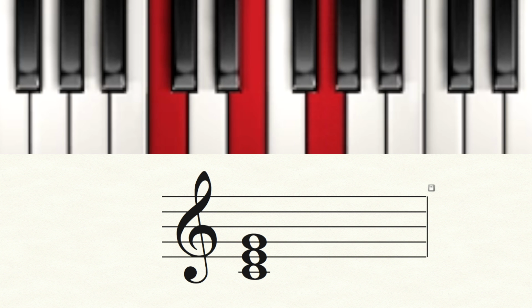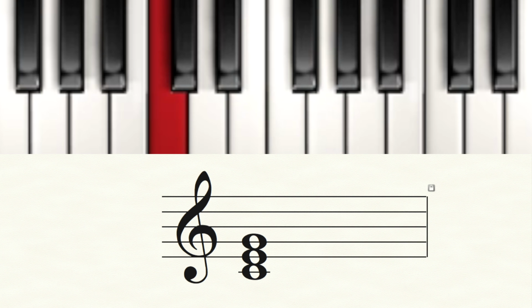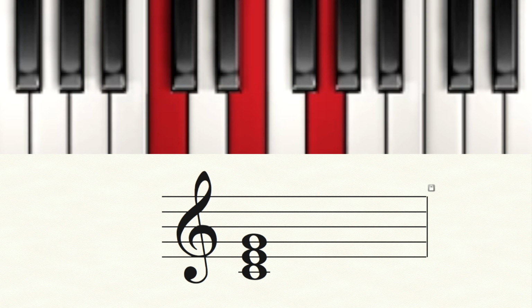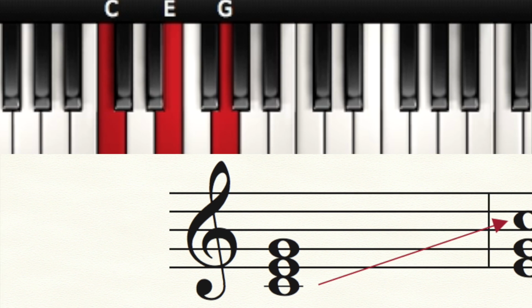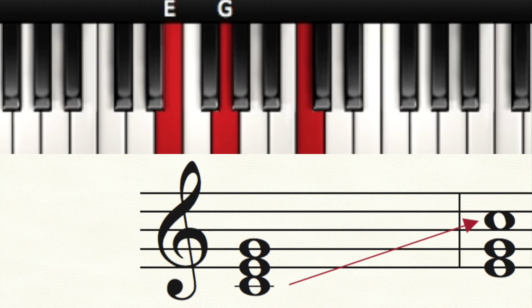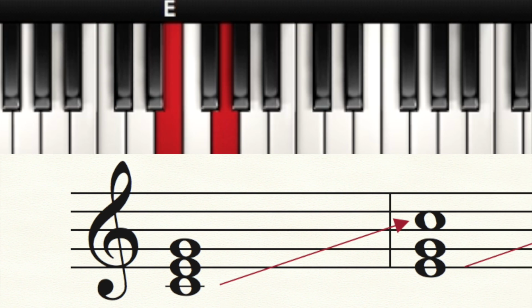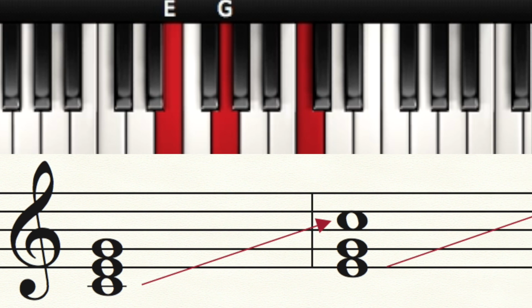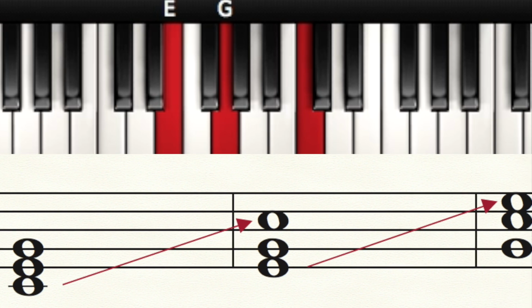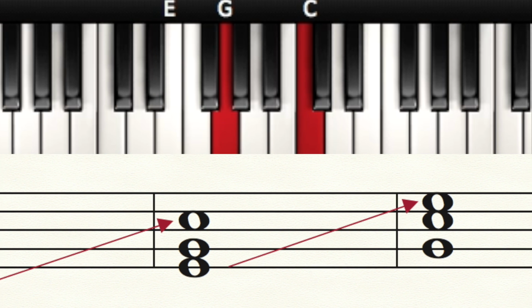So let's take a closer look at these chords and name the inversions. We're going to start with the root position chord. I like to also call it a snowman chord because we've just got these three notes stacked on top of each other in thirds. If we take the bottom note and move it up one octave, then we're left with first inversion. Then if we take the bottom note again, move that up an octave,